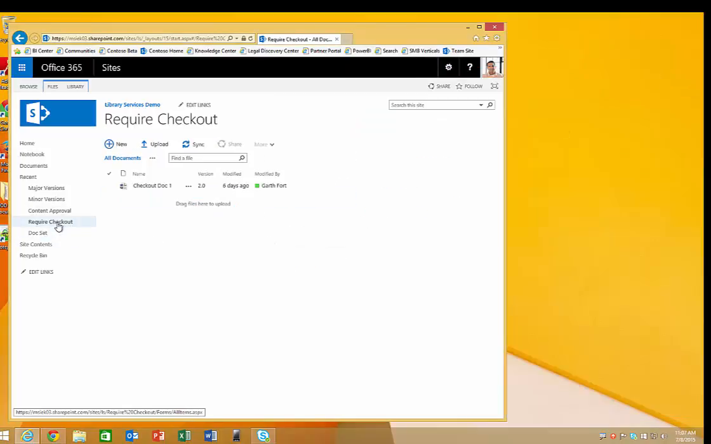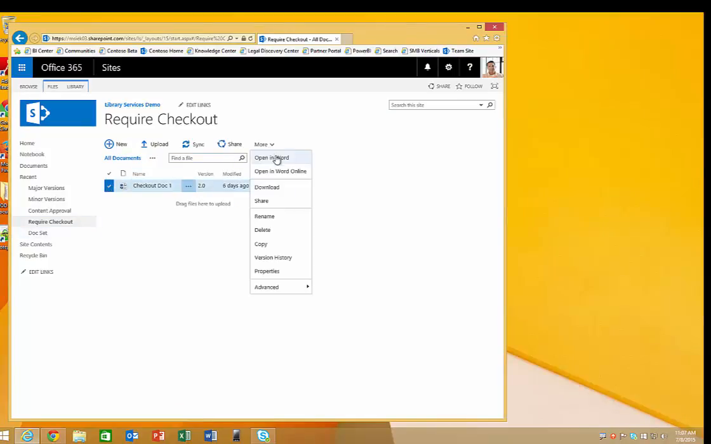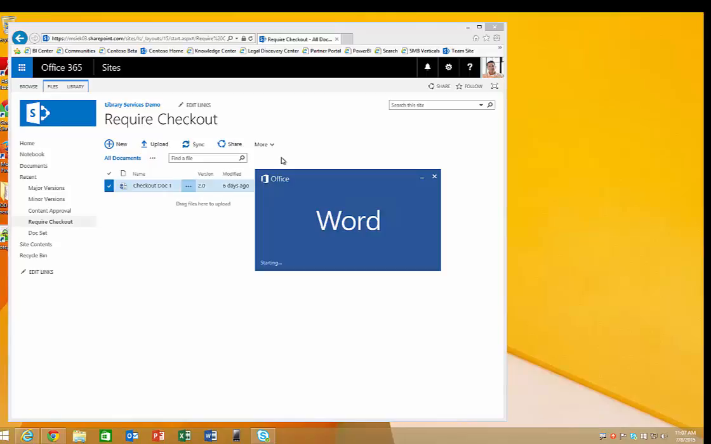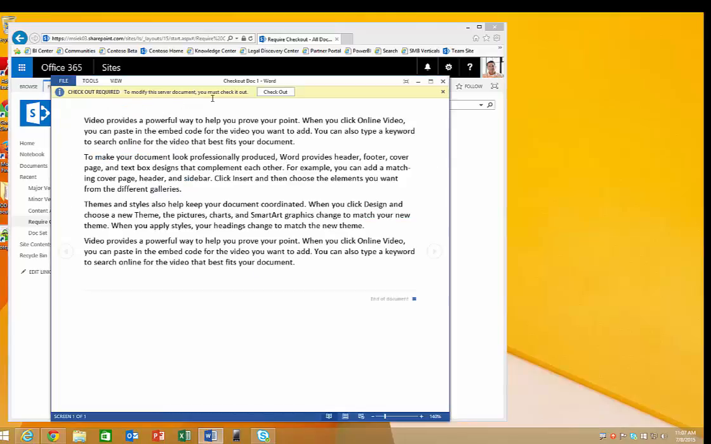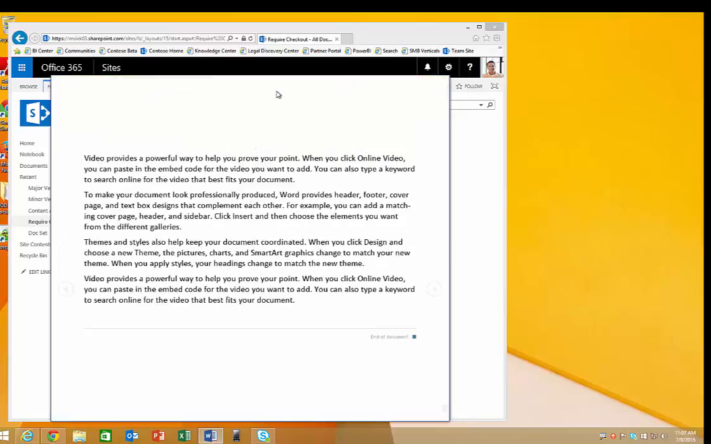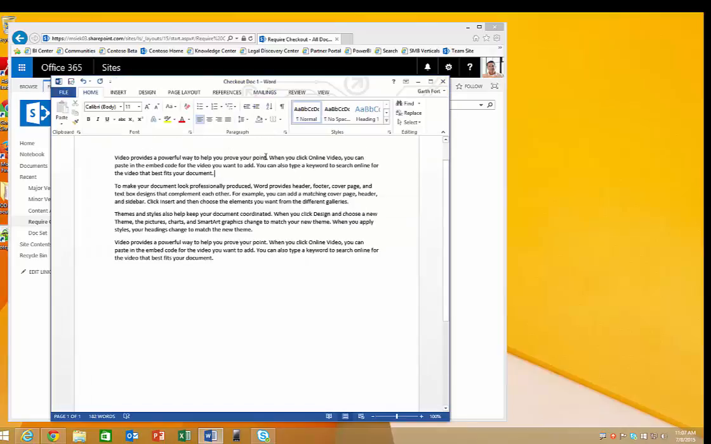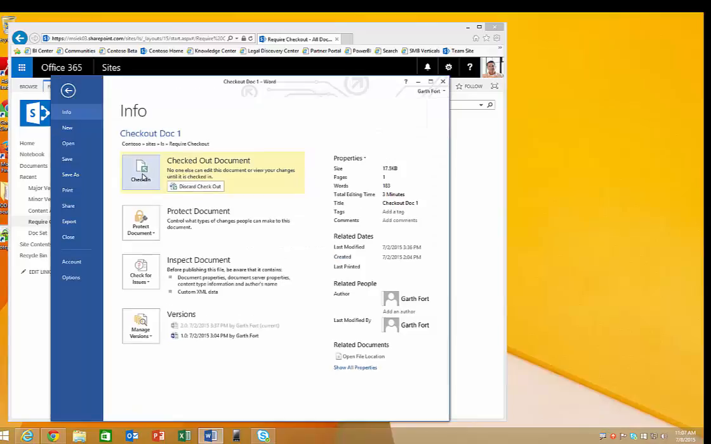Next, let's go to the user experience when checkout is required. So if I highlight this document and I open it up in Word, here we can see the user is notified that this document needs to be checked out before they can make any changes. So if we check it out, make an update, we can now come into the Backstage view and